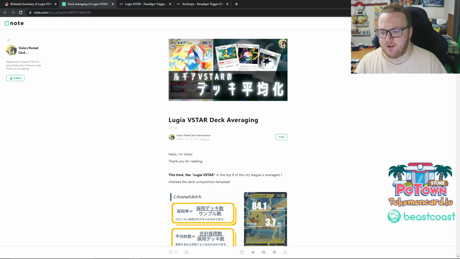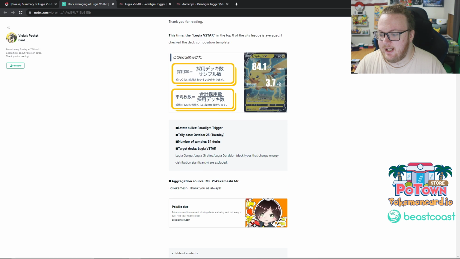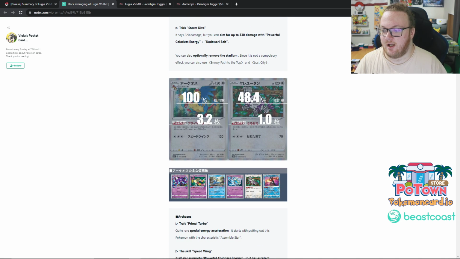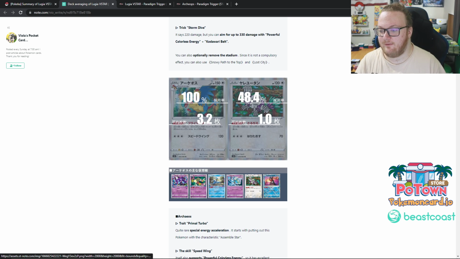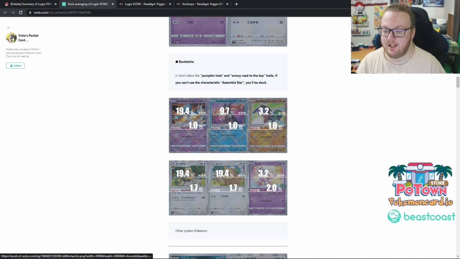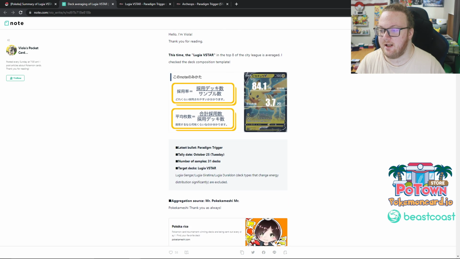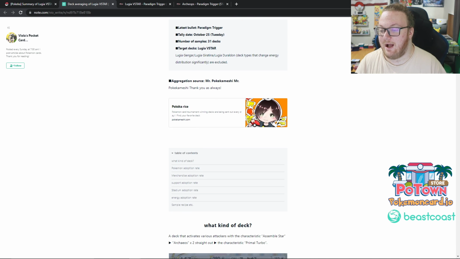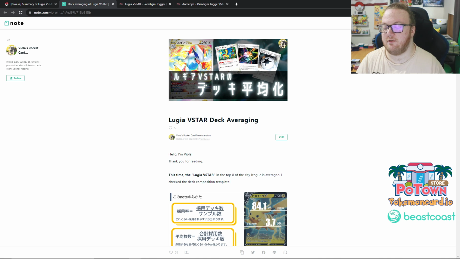It is paywalled, but there's a really good amount of information prior to the paywall, where they take the averages of top 8 Lugia V-Star decks and show us kind of like Limitless and Trainer Hill can for our online events. They show us the averages of how many decks include each Pokemon and trainer and energy in the successful Lugia V-Star Archeops decks, and also how many copies of those cards are played on average in the decks. So really interesting, and we'll also look at some deck lists as well for Lugia V-Star,